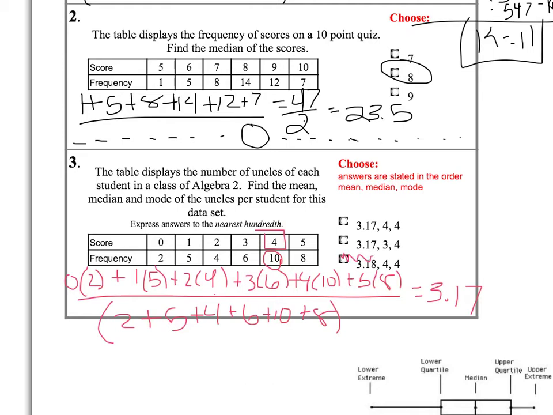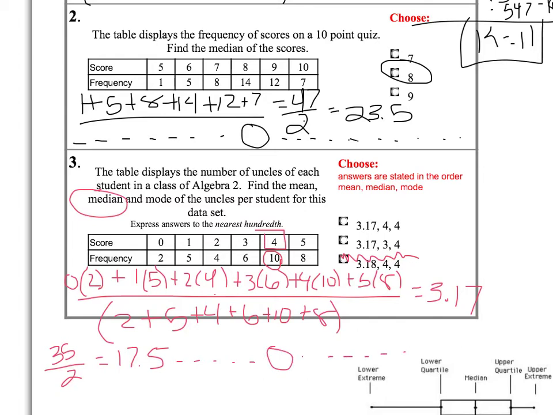So based on that, we can cross off choice 4. To find the median, we're going to do the same thing we did in number 2. We are going to add up our frequencies. 2 plus 5 plus 4 plus 6 plus 10 plus 8 is 35. Divided by 2 is 17.5. That means there should be 17 numbers to the left and 17 numbers to the right of the